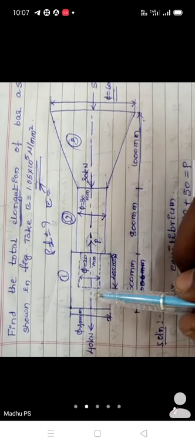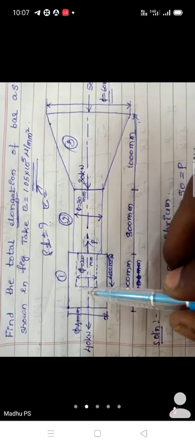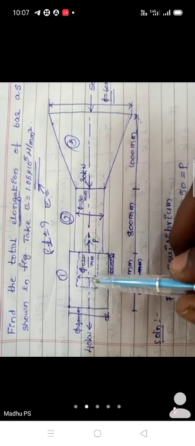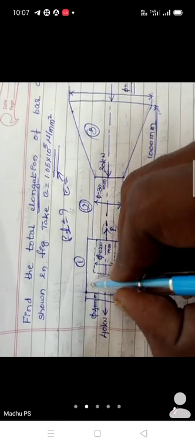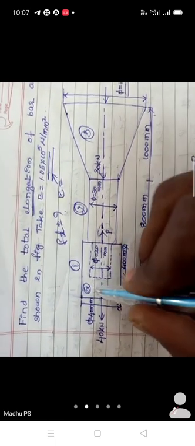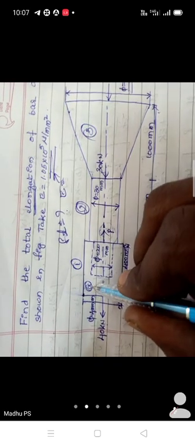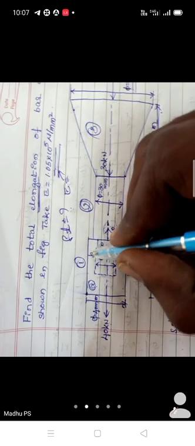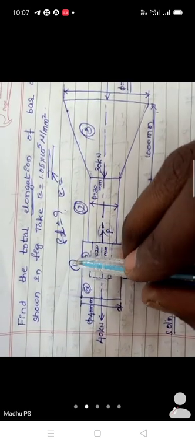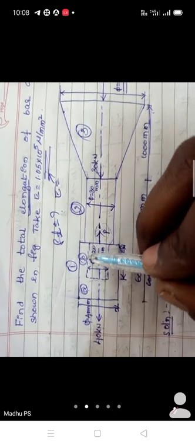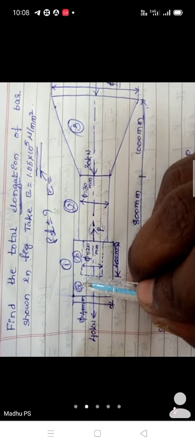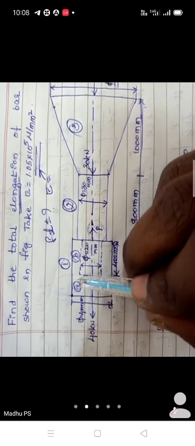We solved too many problems on this because the material is removed, stepped here, stepped bar is there. So we have to treat this one as a stepped bar. So what I am going to do is take part A, that is the unbored section. This is part B. In part 1 itself there are two sections, one is A, another one is B. Part A is unbored section, part B is bored section.